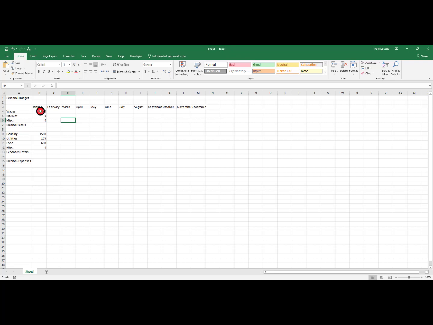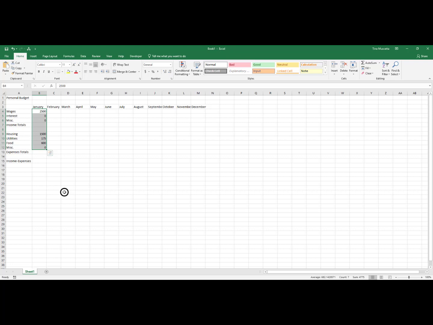Yes, you can click on just 2,500, go to the corner here, drag across, and just 2,500 will be there. And you could repeat the same thing with the 0, do the same thing with this 0, right? That would work. But what's really nice is if we just click on that 2,500 and drop all the way down to that last cell, B12, and make sure that all of them are selected,